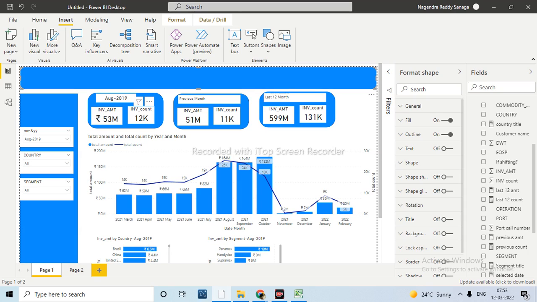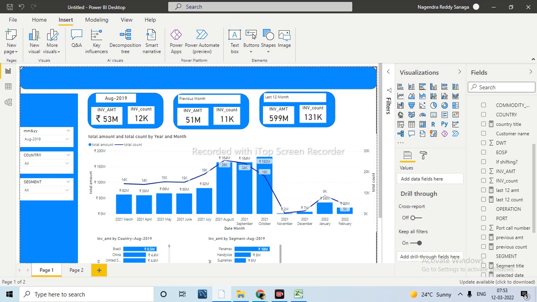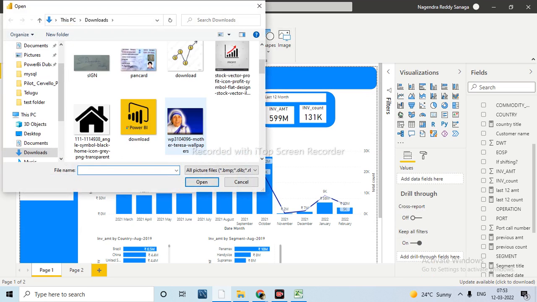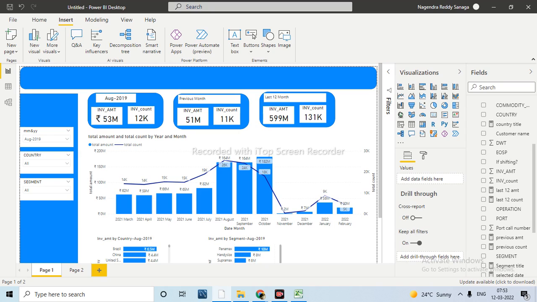Okay, let it be like that. And here I have taken the logo of that company. And here we have taken the latest information which we have. Just let me take an image here, a sample image. I have taken this one.